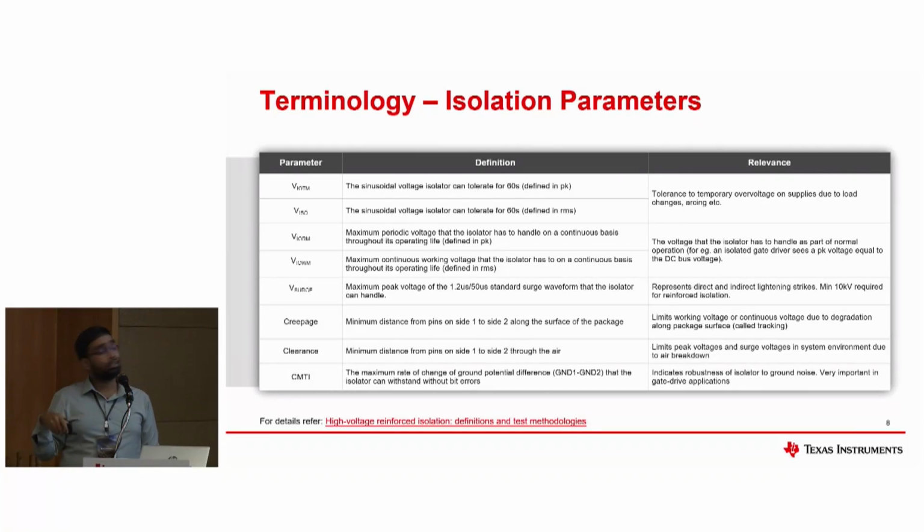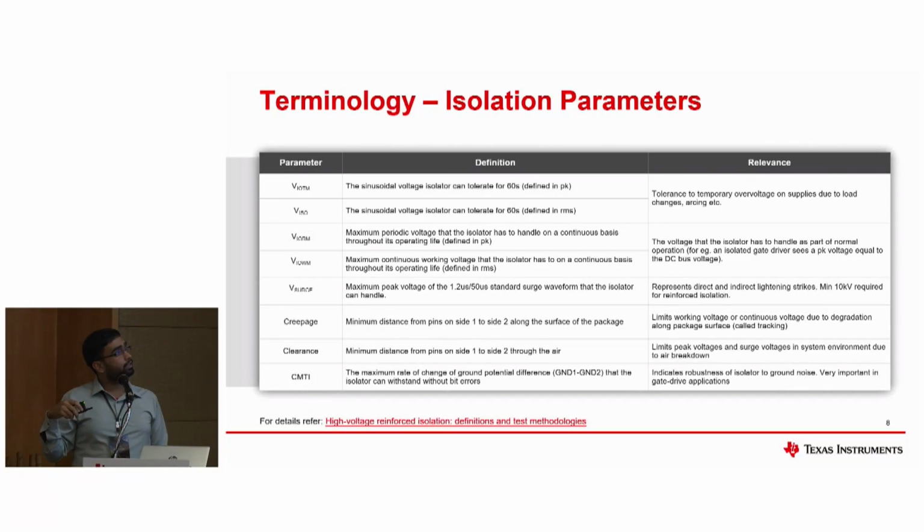which is why these are always rated for 60 seconds. Whereas maximum repetitive isolation voltage and maximum working isolation voltage, these are the long-term stress for the lifetime of the device that is mentioned in the data sheets. If you open an isolation data sheet, all these specs are always mentioned there. And coming to the reinforced isolation, none of these parameters drives reinforced versus basic. It's rather the V surge or VIOSM if you open the data sheet of any isolator.